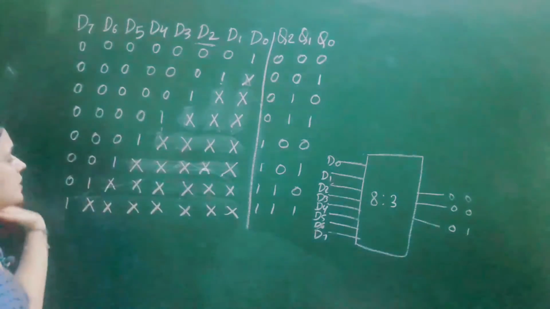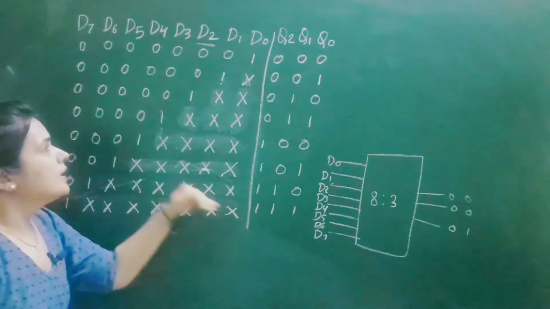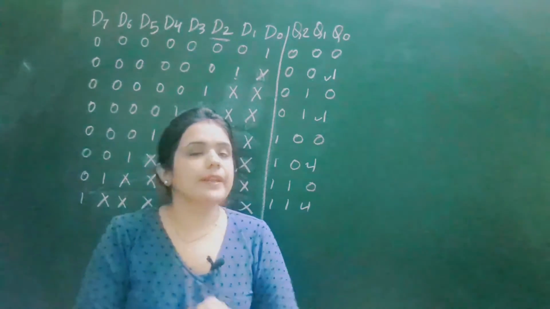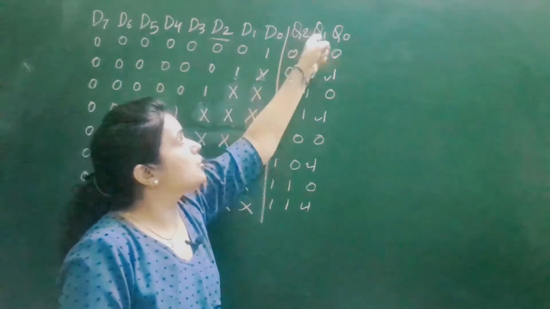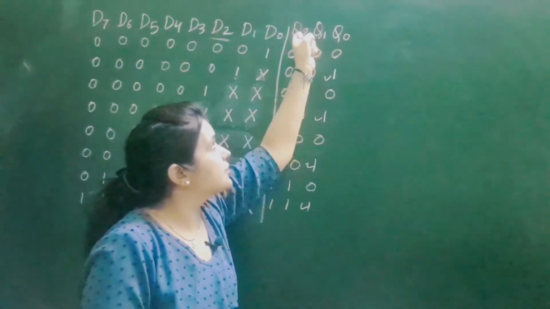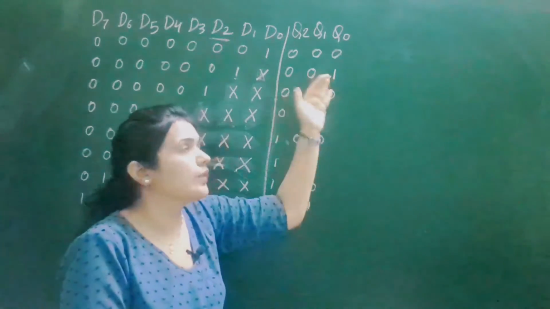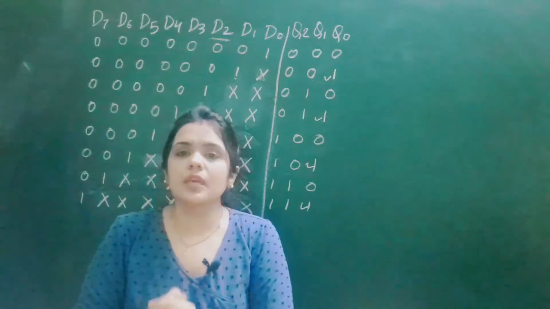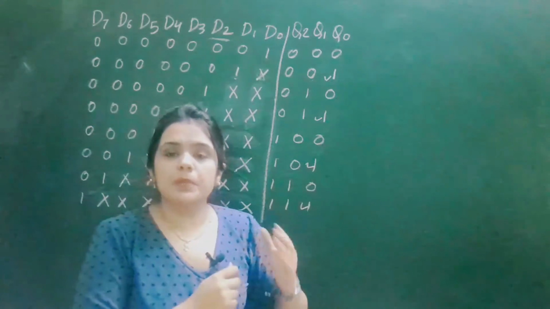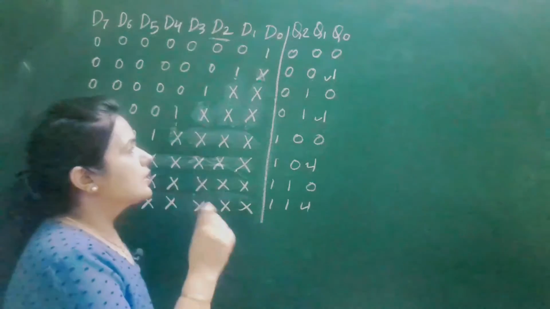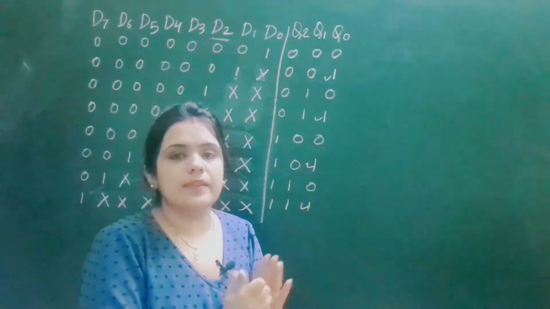When all of these inputs have value 0, in that case these combinations should be ignored. Now for drawing the circuit diagram, we need simplified expressions for the outputs Q2, Q1 and Q0. We can't draw a K-map for obtaining the simplified expression because we have 8 inputs here. So we should use Boolean algebra for simplifying the expression.